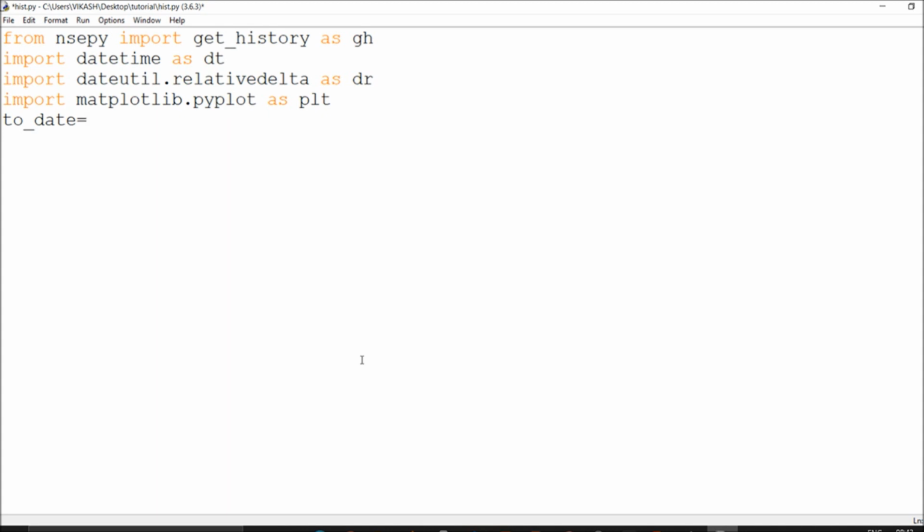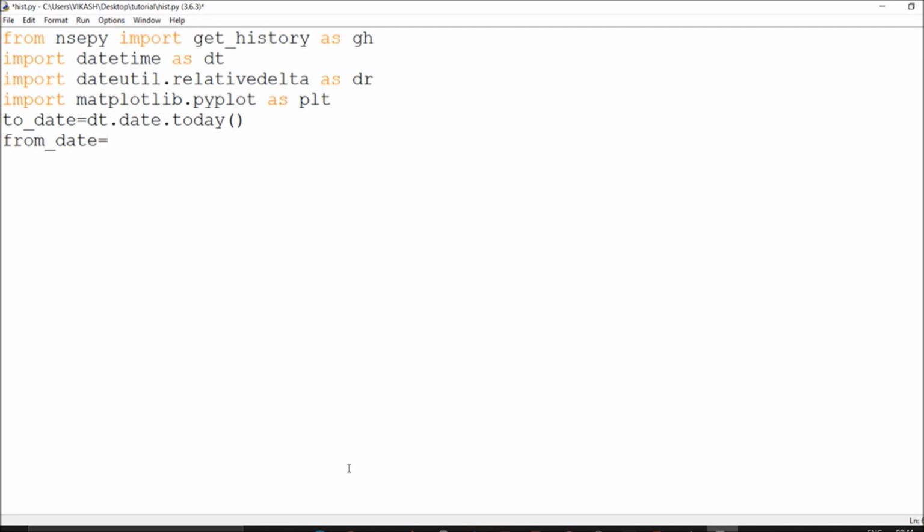So I have to say datetime.date.today(). We require this because, if you go with the NSEPy documentation, they follow a string format to process this date. You can call this stuff, it is very much easy. And we will call this from date.